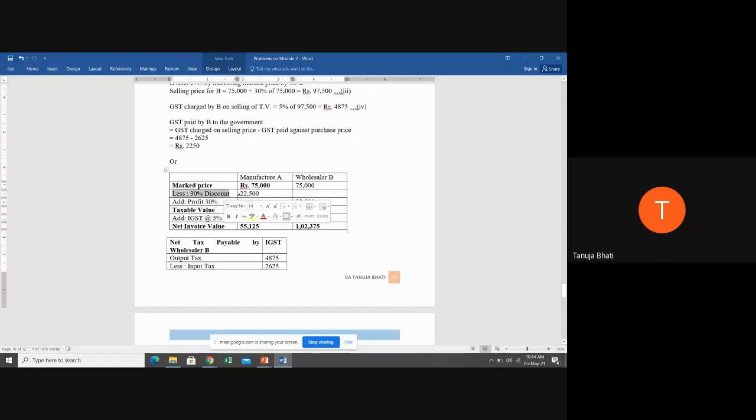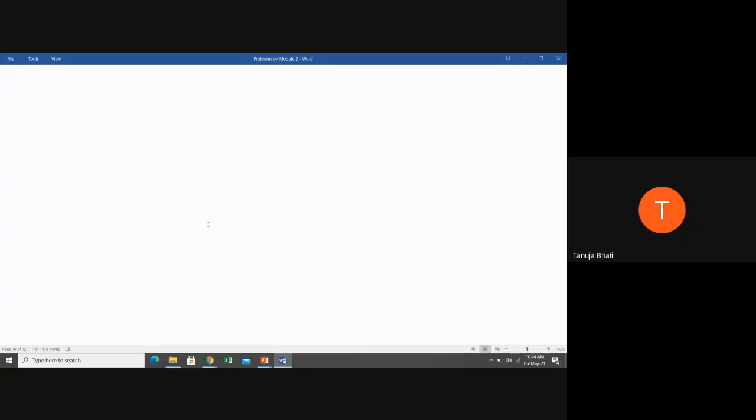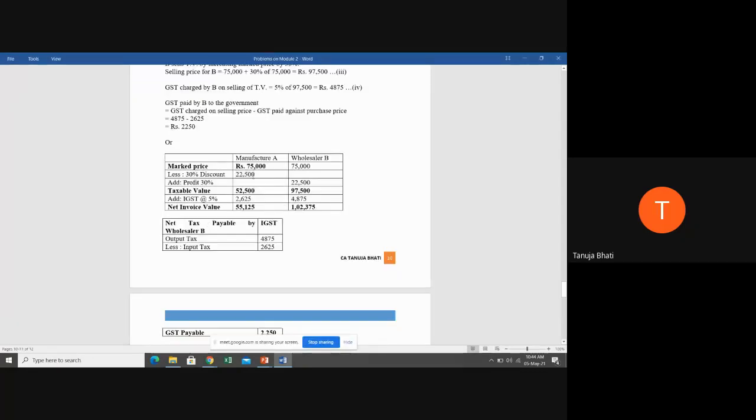Less discount 30% of 75,000, which comes to 22,500. So the taxable value for manufacturer A will be 52,500. He's going to add IGST at the rate of 5% since it is interstate, which is 2,625. So the net invoice value is